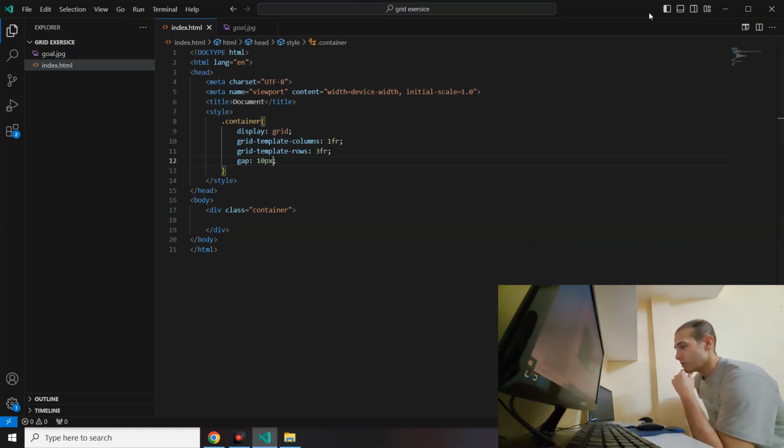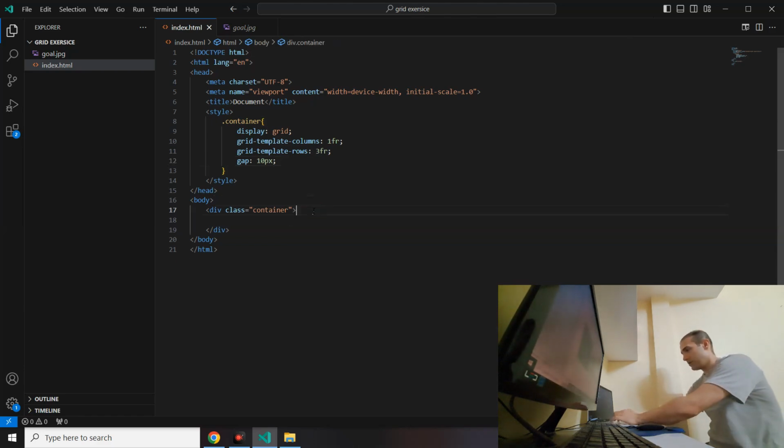Is it because I don't have items in my div tag here? But if I say p tag item 1, p tag item 2, item 3,